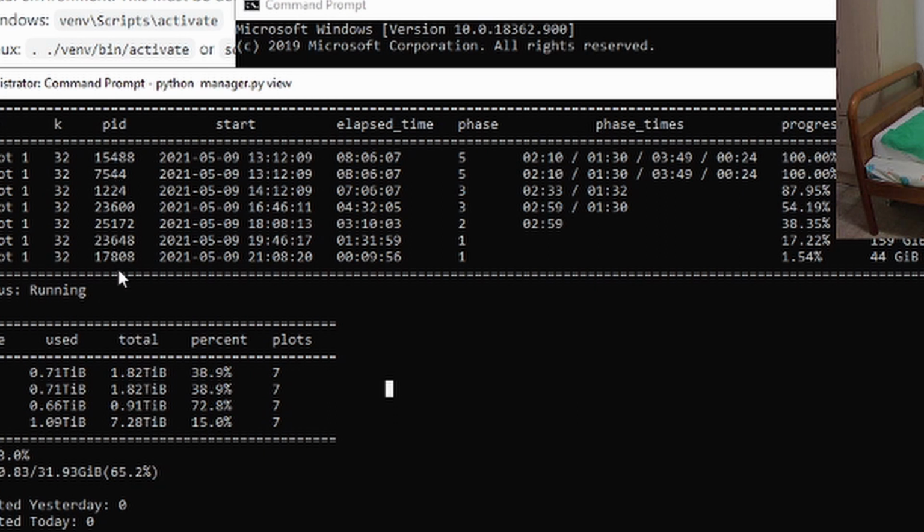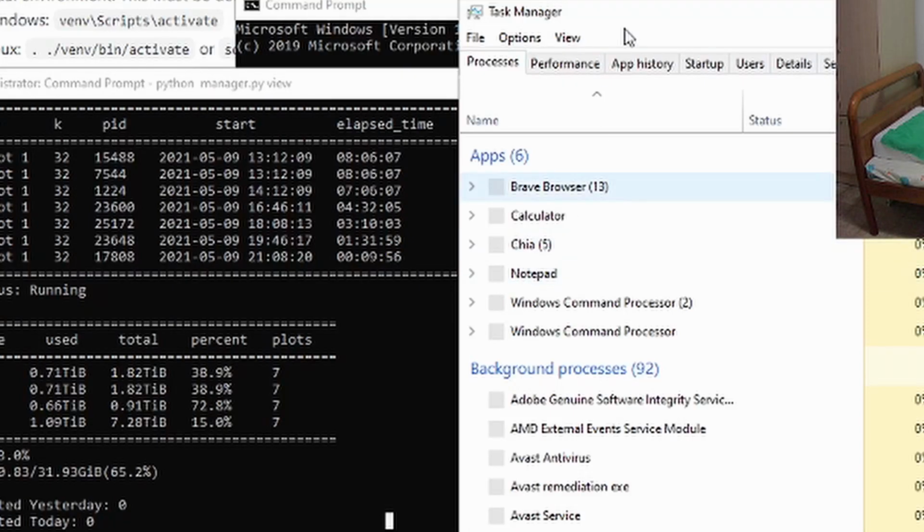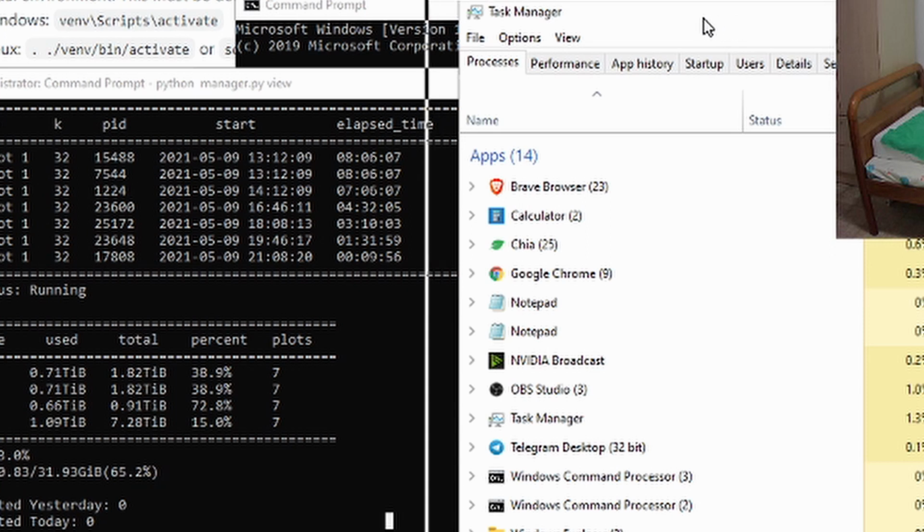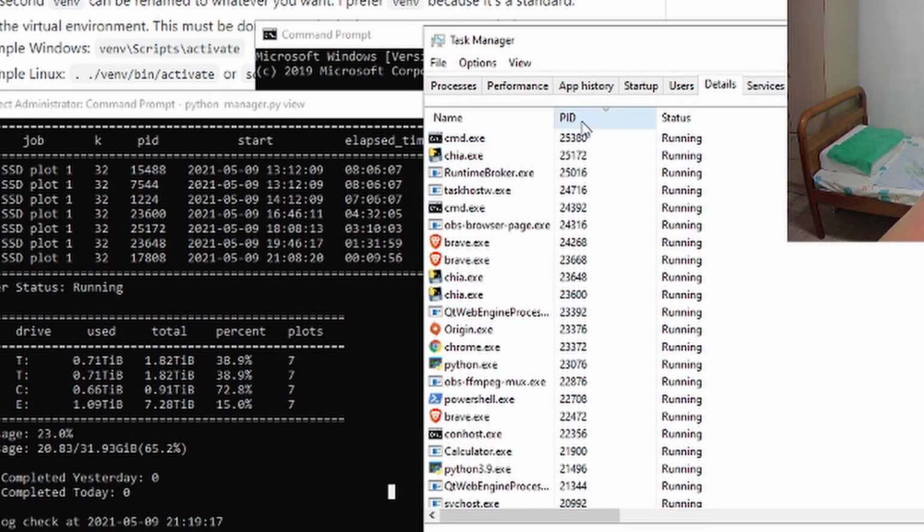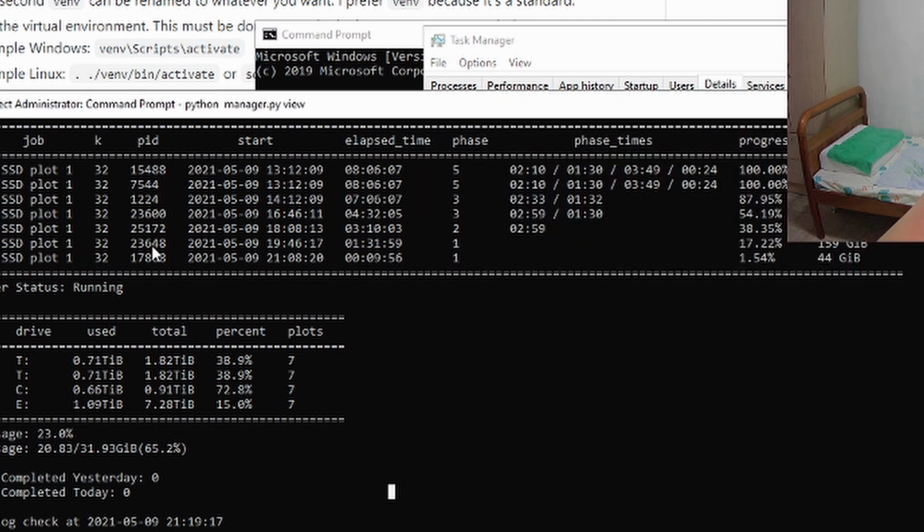So in the case of emergencies, let's say your system crashed or you have to restart your system and you want to cancel all the plots that are already in progress, if you see the PID number here, you will have to go to Windows Task Manager in order to stop the processes. So let's go to Windows Task Manager here. Once you're in Task Manager, you can go to the Details tab and you can see there's a PID number here. Let's sort by descending PID number, and you can see that there are certain PID numbers here. Let's say I want to stop this one,